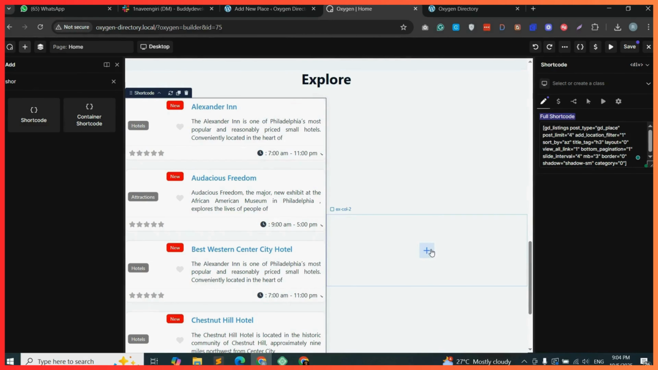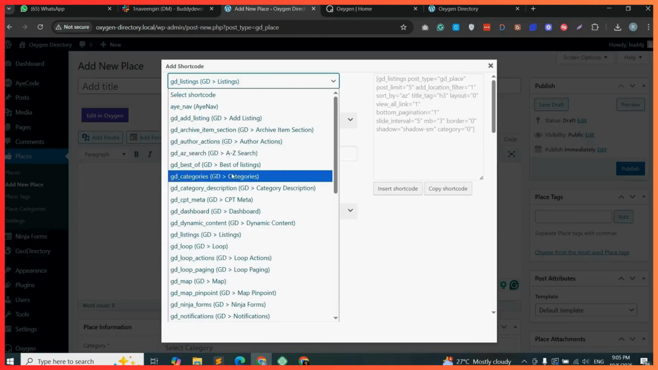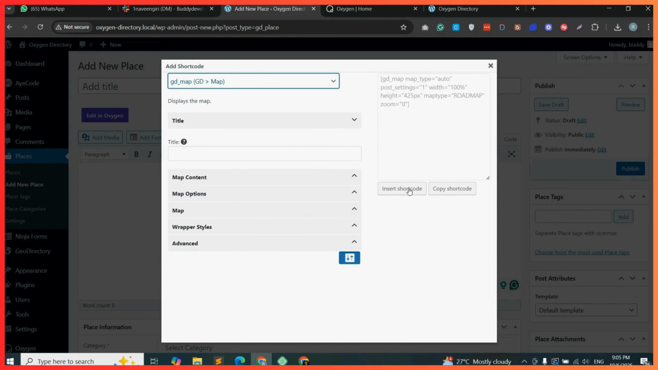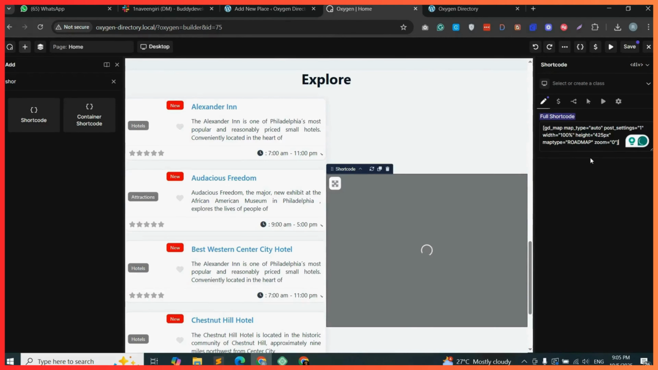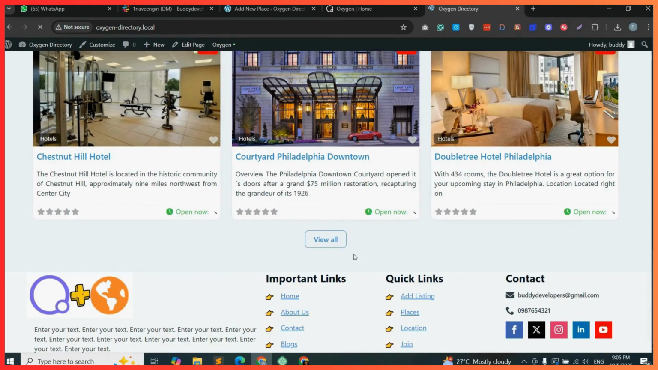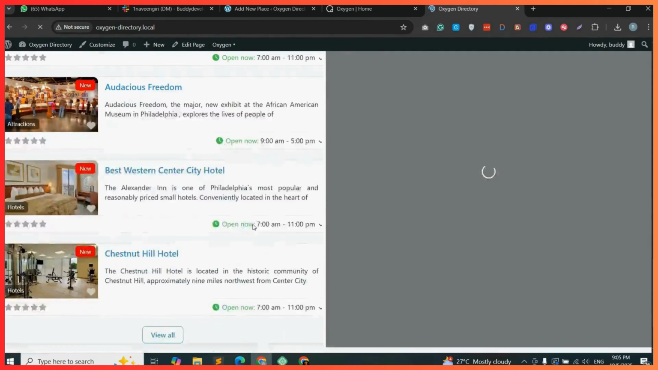So again taking up a shortcode block over here, then coming back, searching and selecting GD map shortcode, then copying the shortcode and then coming back to the builder and pasting into the shortcode box. So we are editing it to 800 pixel, then save it and then come on to the front end and refresh and see. So now our explore section is ready,